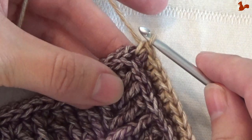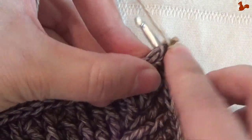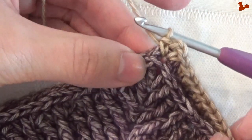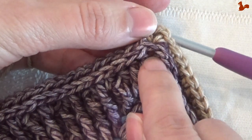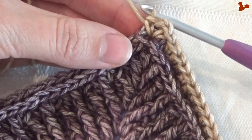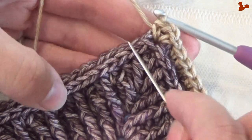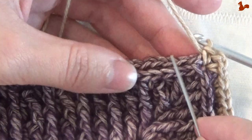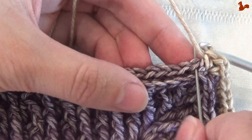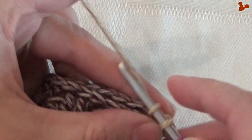So 1 single, chain 2, that's your new corner, and in the same position another single. And what has happened is that the 2 single crochets from the previous round are really rolled forward now, and then those 2 singles make the new corner. As you can see here, they're really rolled forward there, those 2. Now we can continue on the next straight edge. That means that stitch is going to be the first of, again, 27 single crochets. So that's number 1